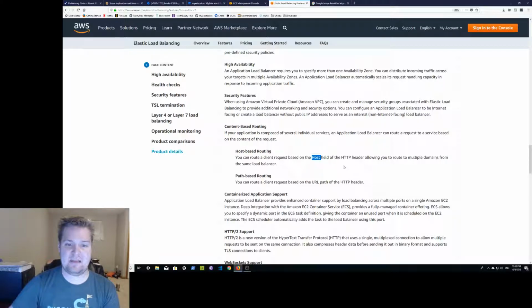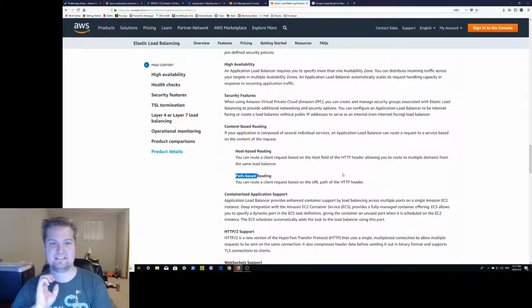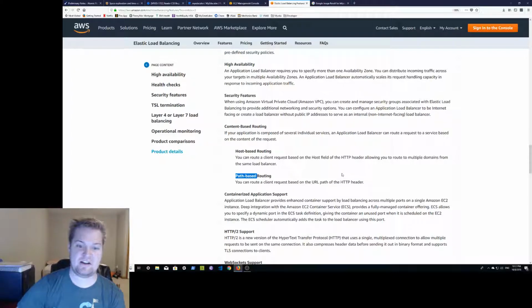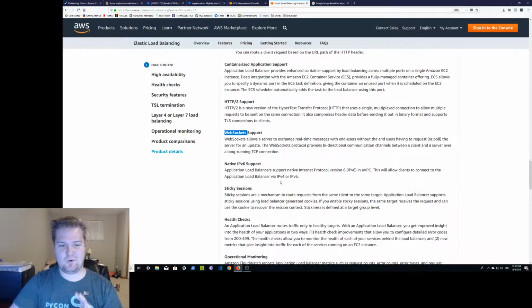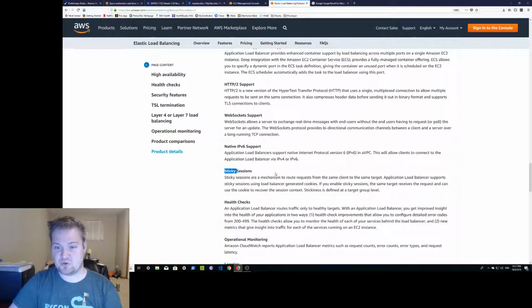Same thing with path-based. You could say, maybe look at the URL and say, I want to route /admin/ whatever to this server, and I want to route /user to these other servers. So all these things are possible with content-based routing. Also, they have other things like they have really good WebSocket support and sticky sessions, which are really cool, where